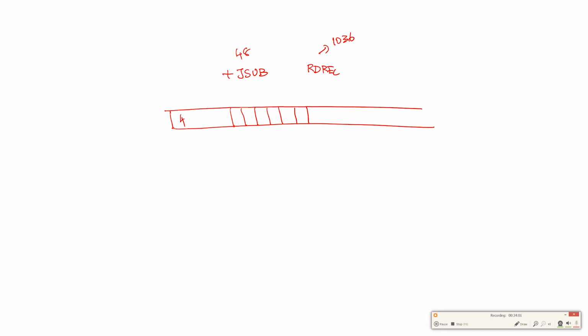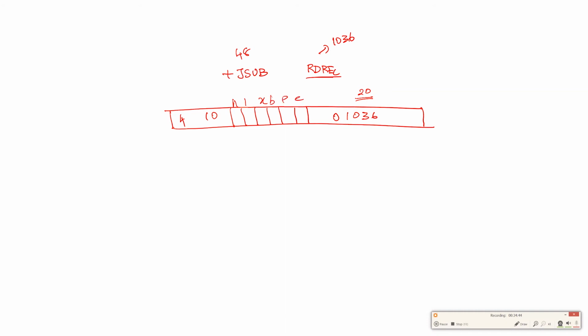So 4, 8 is written as 0100 1000. RDREC is 1036, and here it should be written in 20 bits. So if I am going to convert this into 4 bits, it will be 01036. So now the displacement, I have to go to 1036. I am writing this because it should be written in 20 bits.